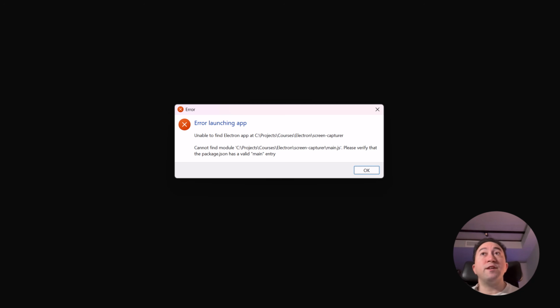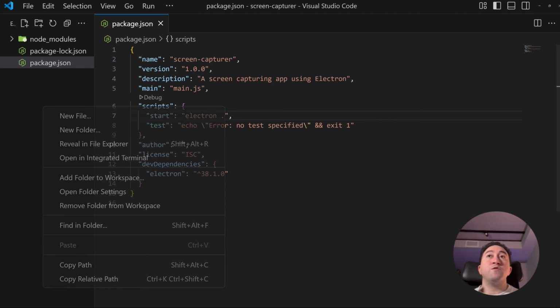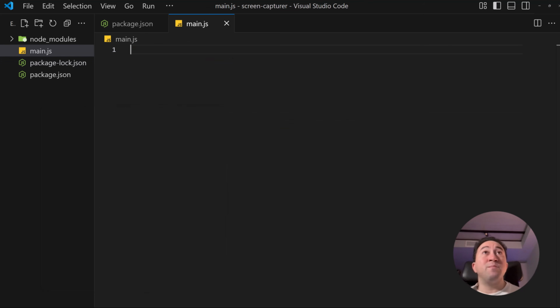We configured the entry point of the project to be main.js, but this file doesn't exist. So we have to create this file, all right? So let's go back to Visual Studio Code and create it. All right, so now we created the main.js file, and basically this file will represent the main process in our